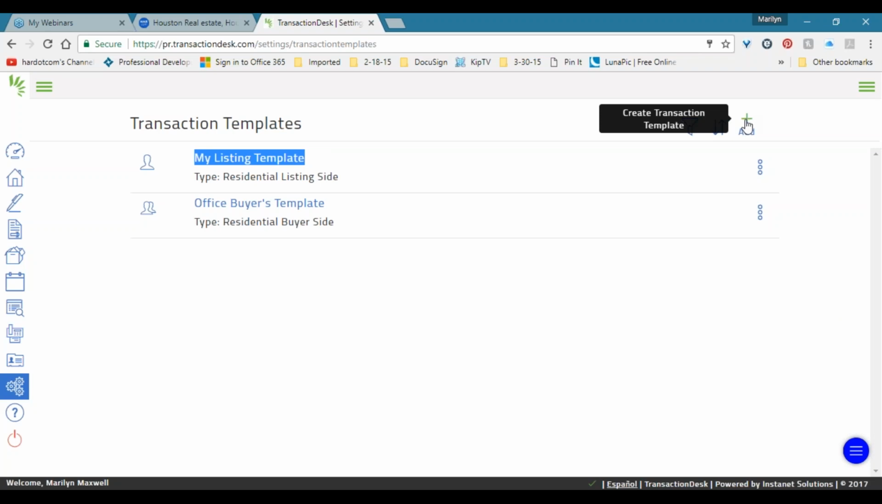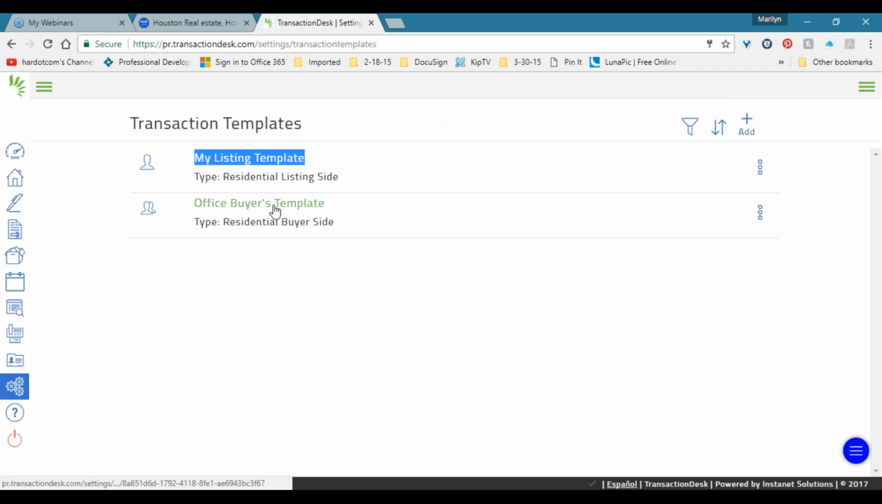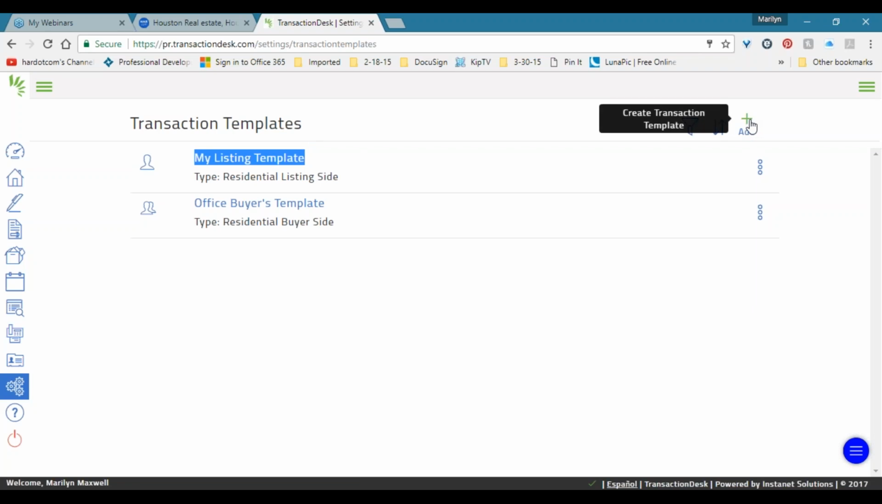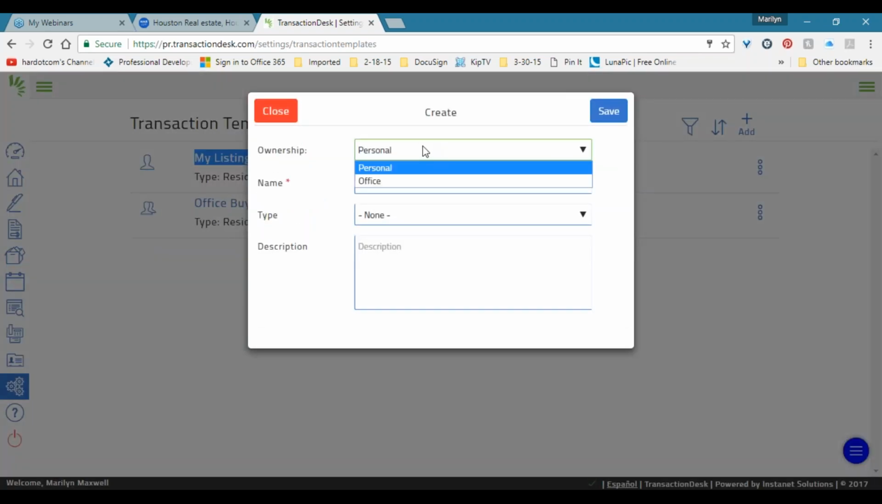Just think in terms of an agent logging in for the first time and trying to pick one of those templates and determine which one's the right one. Just name it something that would make sense and be very descriptive for them to be able to easily choose it. Again, I'm going to go ahead and click add, and then you will see that you have the option